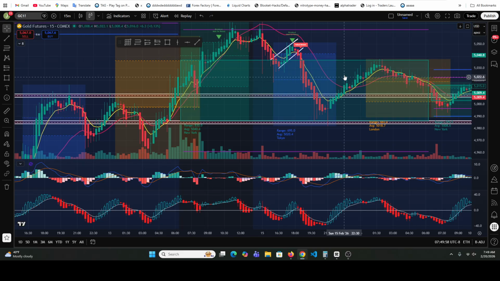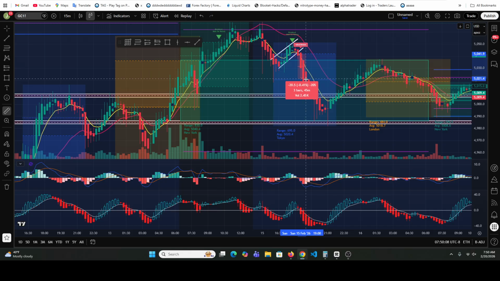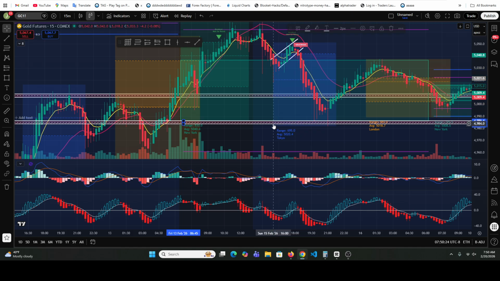And an easy way to figure out if you're opening yourself up to being on a 15-minute chart is to come in here and grab your measuring tool, and you measure this out. These bars, every bar is 15 minutes, right? We're on larger time frames, so we have to understand what's the reality of trading something like this. Let's go to this bar here. That would have taken you an hour and 45 minutes of sitting in this trade